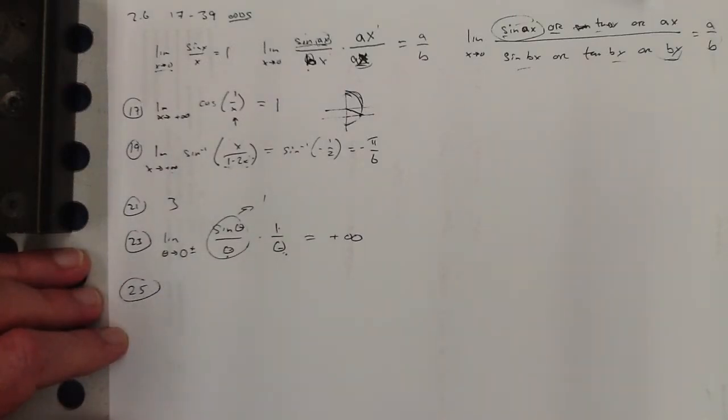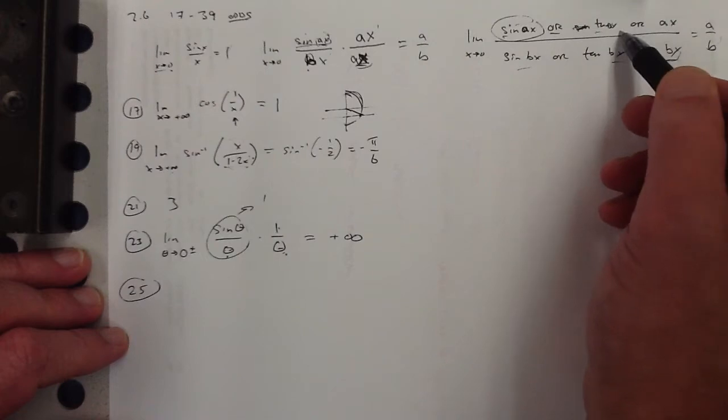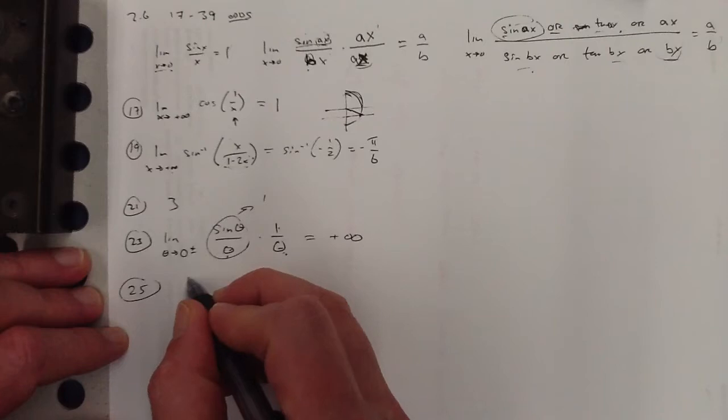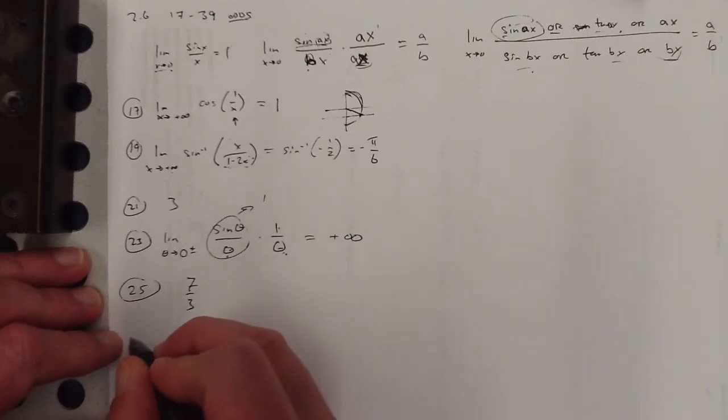Number 25, I can use my trick because it's just tangent something x over sine something x, so it's just the coefficients, which is 7/3. Number 27,